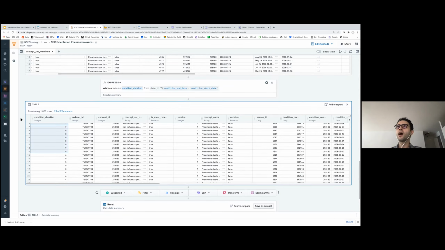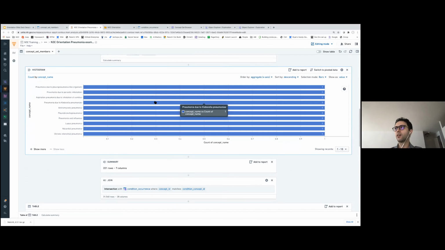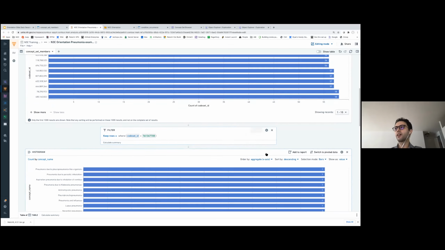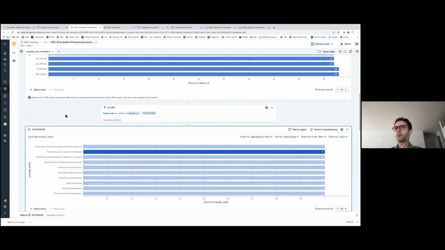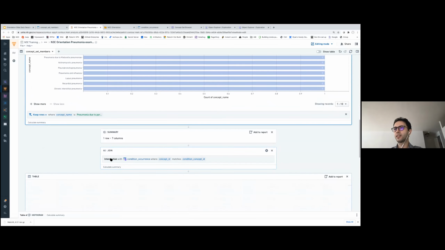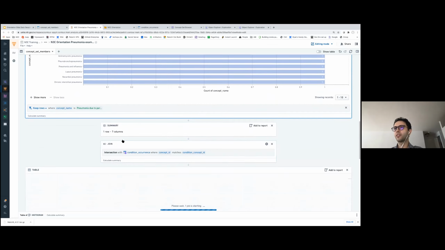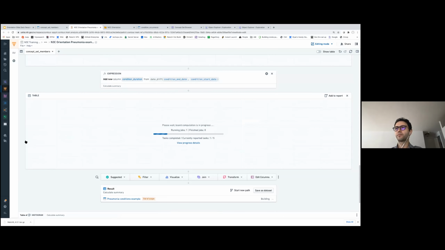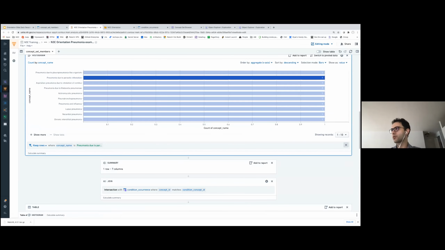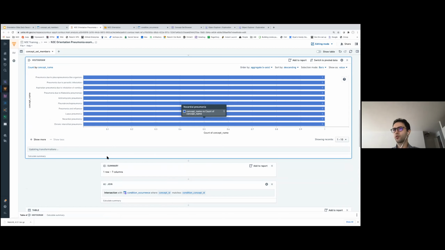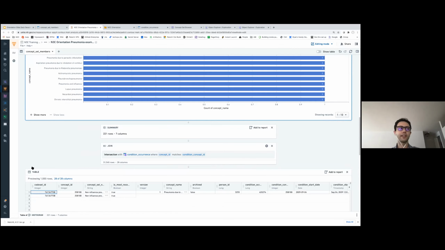One nice feature here is you can, for example, if you have a histogram, you can click on a specific bar, and it will automatically apply a filter and update the results of your subsequent boards here. So we're not going to wait for it to load, but I just wanted to mention this functionality that is useful for iteration. So let me click here to remove this filter that I applied.